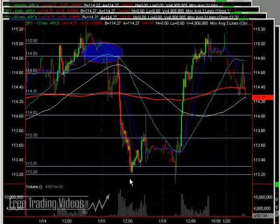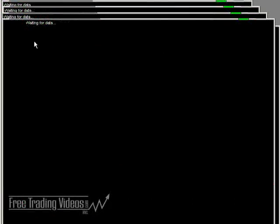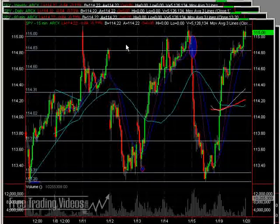Yesterday, if I can bring this up, you can see that we had run right down into our previous support. We talked about these levels in the morning and the afternoon videos, ran right to our areas and then stalled beautifully right in this area of unfilled gap and the swing highs. If you remove the pre and post market data, so do now, you can see why this 115 area again